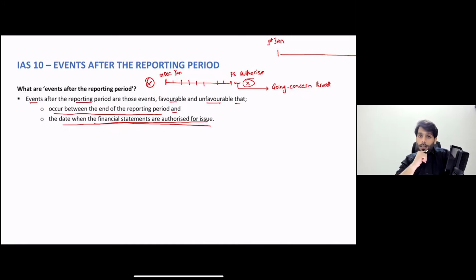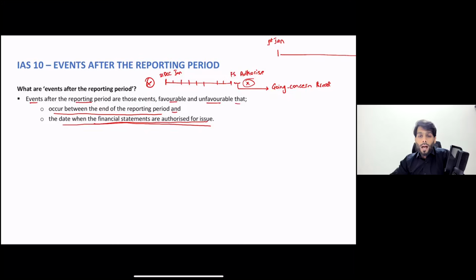So if there is a going concern threat, it is always considered as an adjusting event, or I may say it's always considered within the purview of IAS 10, even if it happens beyond the date the financial statements have been authorized. If a going concern threat happens, it's always within the purview of IAS 10, right? So you can never forego or ignore going concern threats just because they are beyond the date of financial statements being authorized by the board of directors. So it's always relevant. You need to keep this in mind whenever you are looking at the questions.